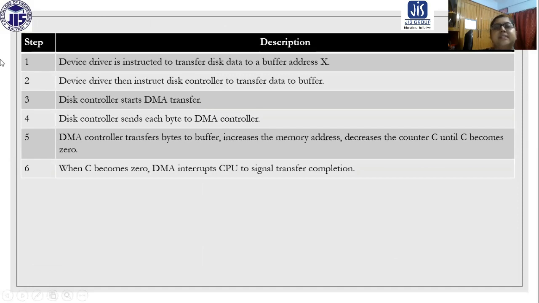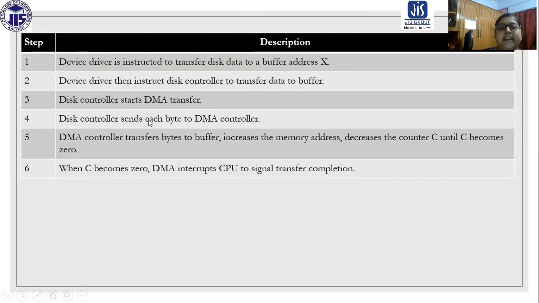So these are the steps for DMA. In the first step, the device driver is instructed to transfer disk data to a buffer address X. In the next step, the device driver then instructs the disk controller to transfer data to the buffer. After that, the disk controller starts the DMA transfer.